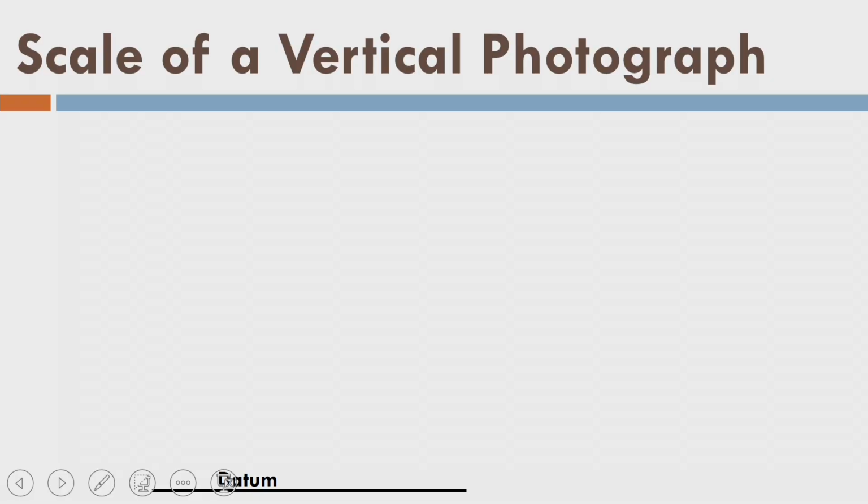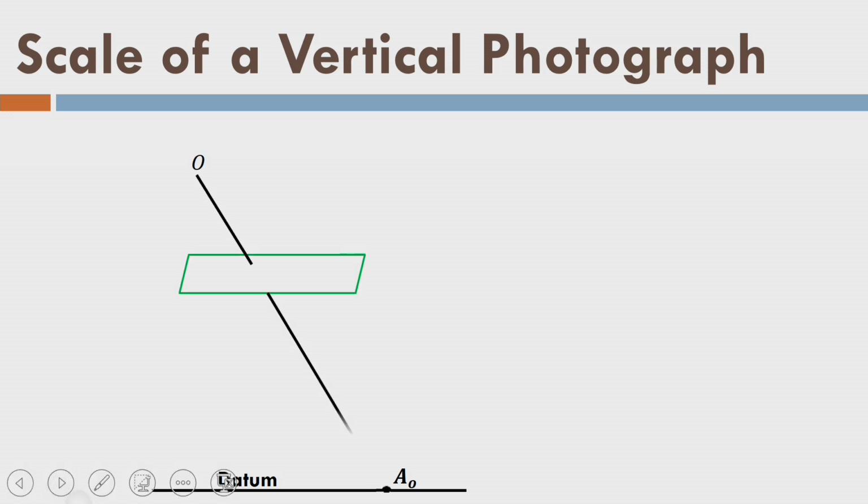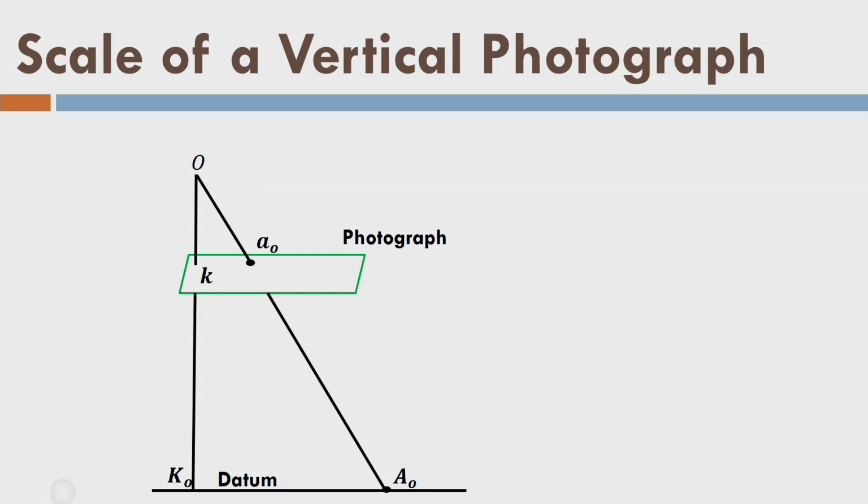So let us see there is a datum. Then we have a point A here called A0. Then we have optical center O here, and this is the positive image, and the small a0 is the image of point capital A0 in my photograph. So let us say this K is nothing but the optical axis. This is my optical axis here,